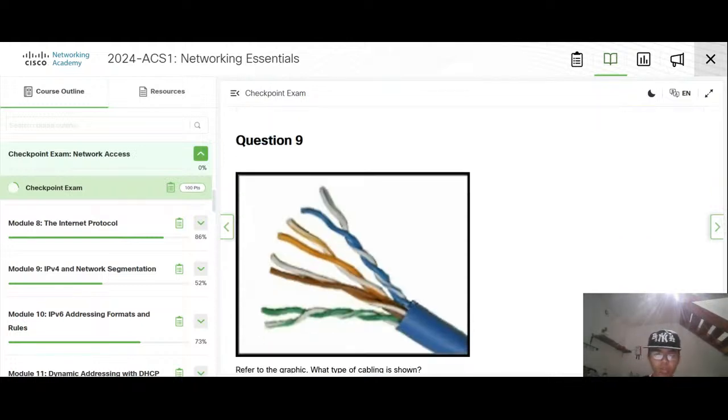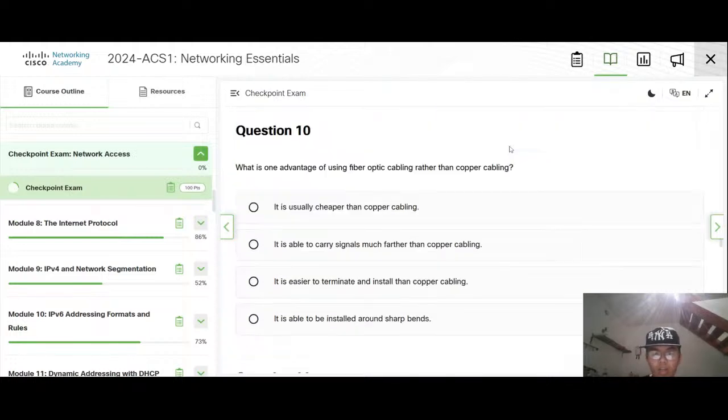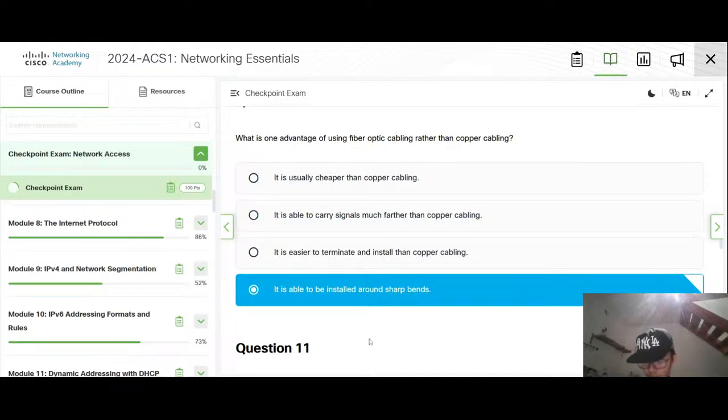Okay, this one is twisted pair. Using fiber optic rather than copper is easy.